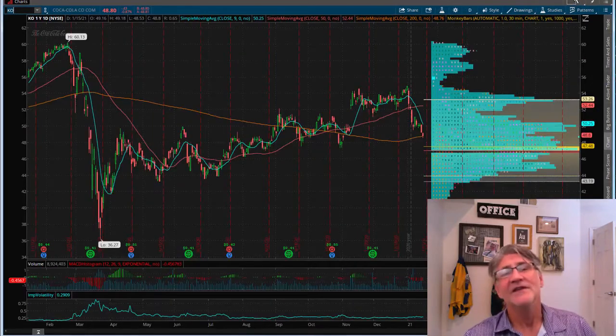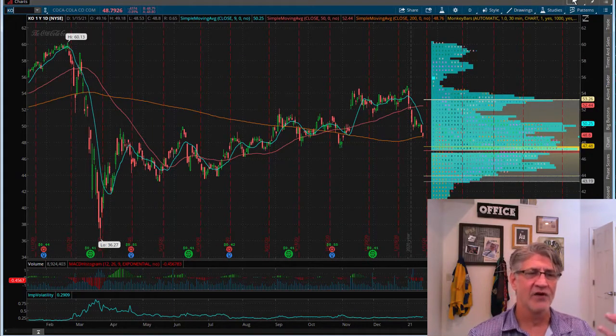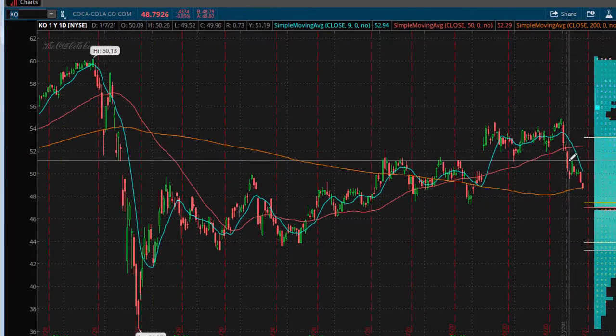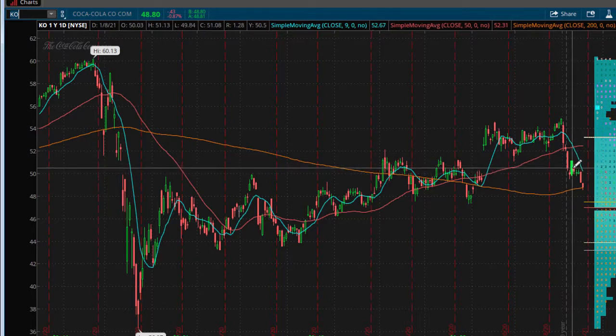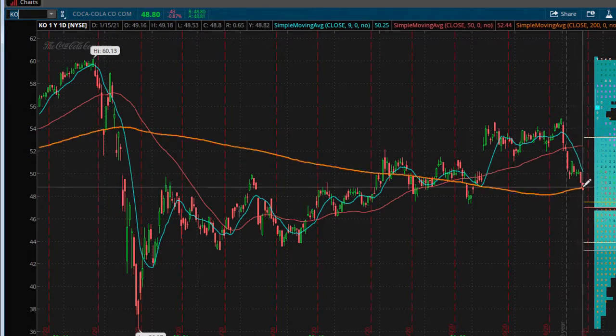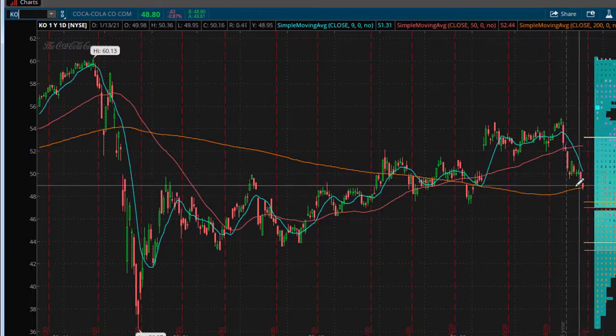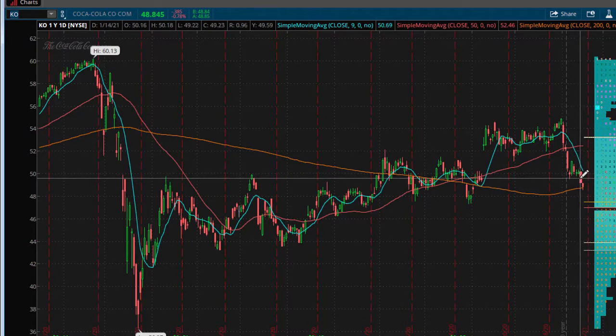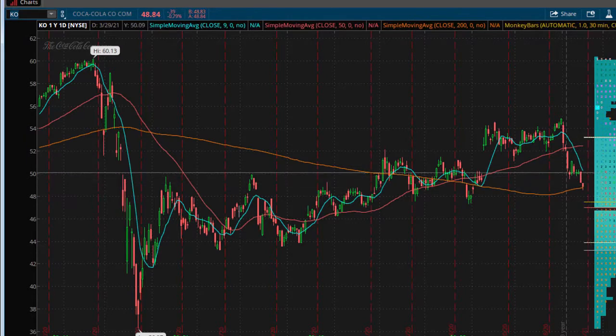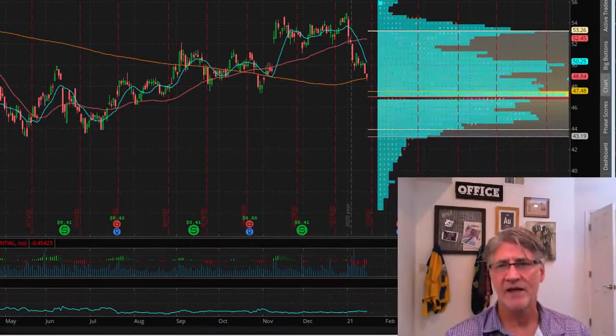Well, of course, something like Coca-Cola has not been doing very well. We bought into this, or I bought into this as a synthetic long. On the 7th here, we got confirmation, which was nice, but in the next couple of days, the weakness just started filtering into this market. It broke below my point where I've talked about. Yesterday, I missed it because that was a really late day sell-off yesterday, and I missed that opportunity to get out, but I did get out today on this trade for my synthetic long in Coca-Cola.